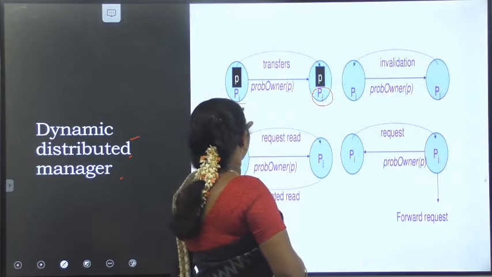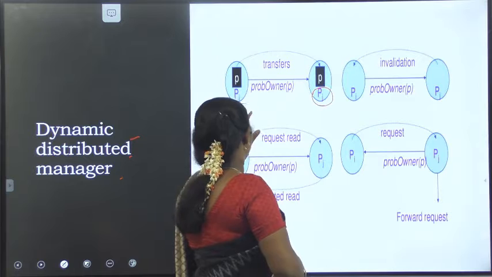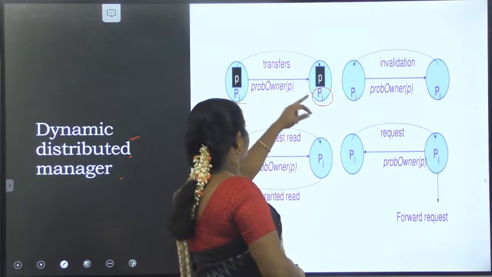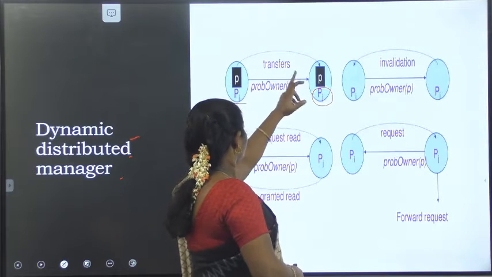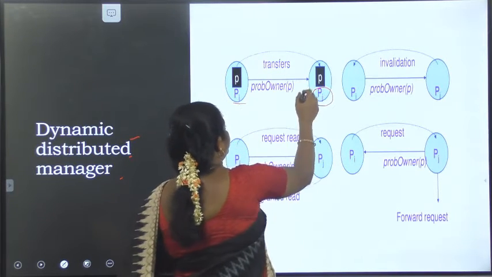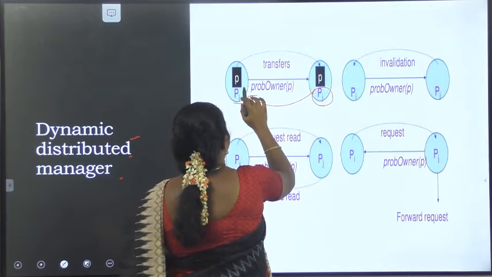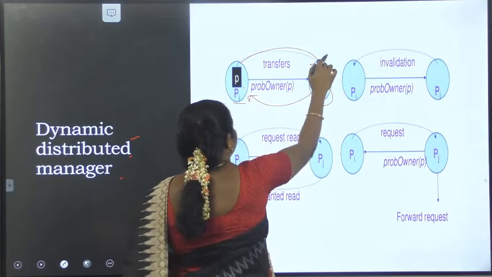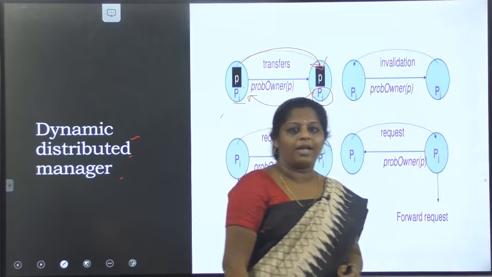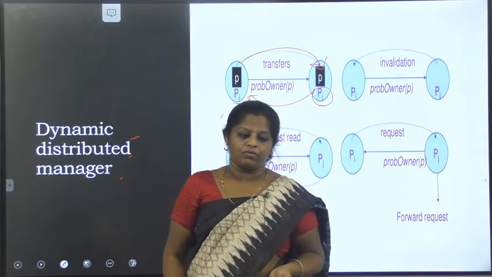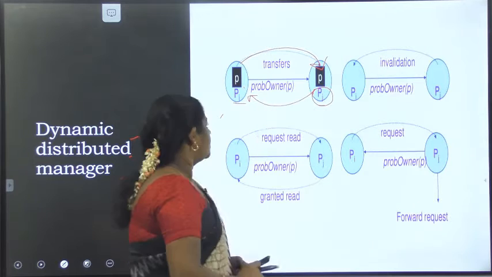So each process is going to maintain the data, right? With the help of the data, it sends the request directly to the page, and it goes to request to J, and once it gets the data, then PI will transfer the permission to PJ, right? Once it transfers the permission, write invalidation will be taken care of. What is the second step? The write invalidation will be taken care of.